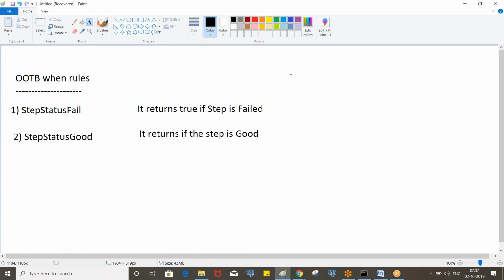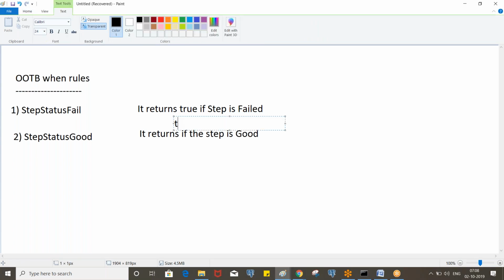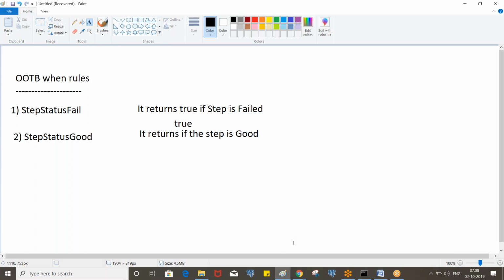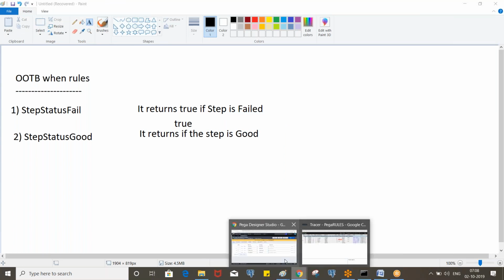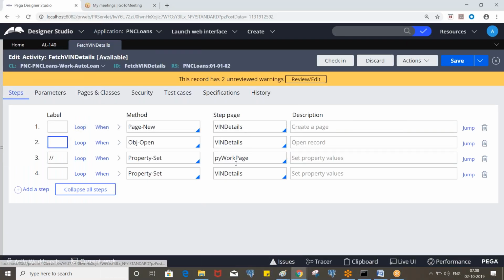So if the step is failed, step status fail returns true, and if the step is good, step status good returns true. Now we have the step status fail when rule, so we need to call that.